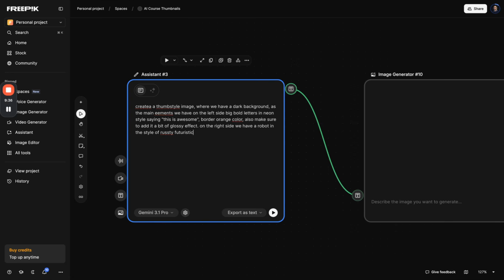futuristic slash left to rot kind of, in the style of rusty, futuristic, or left to rot kind of way. And then we can have some details like what we want to add. So we can add